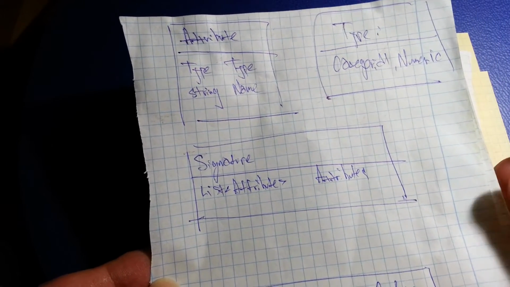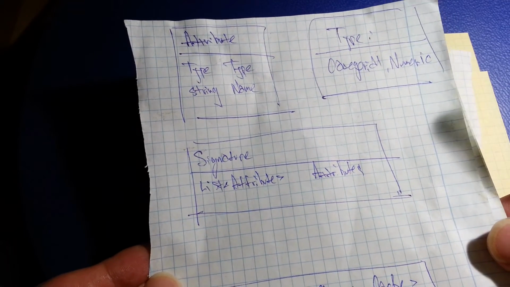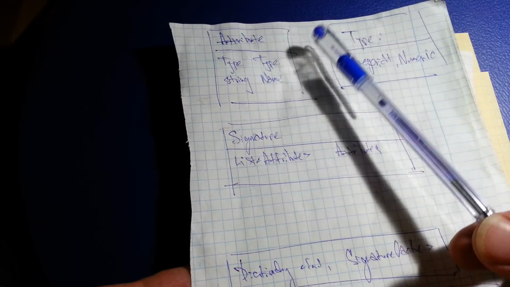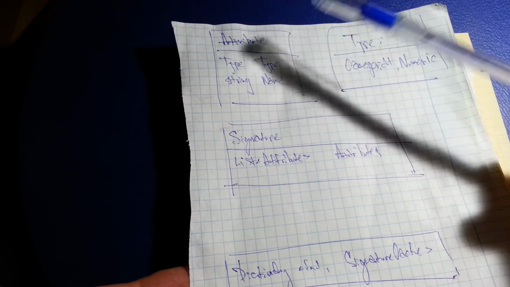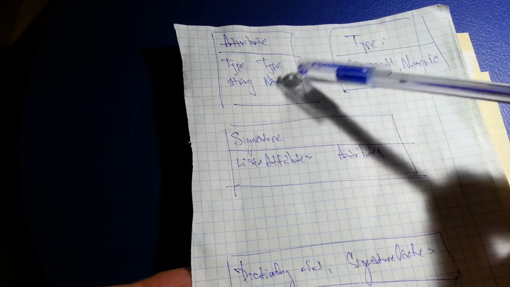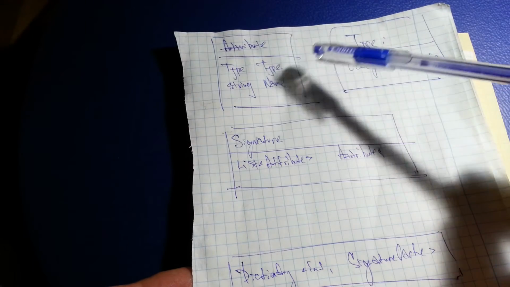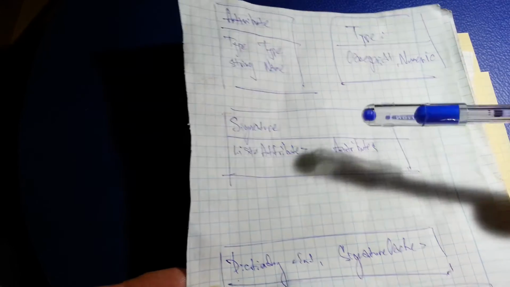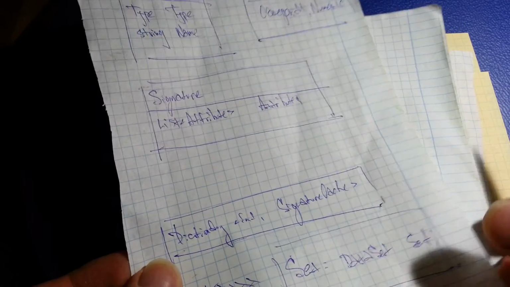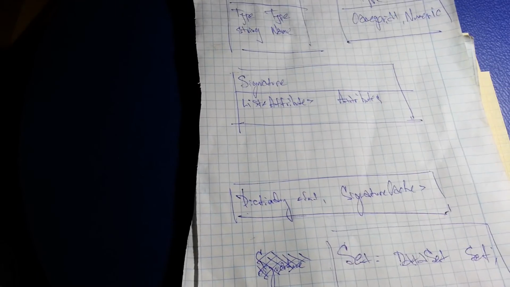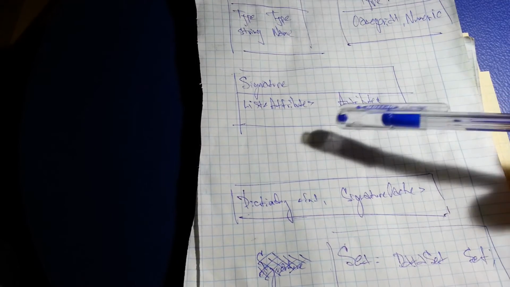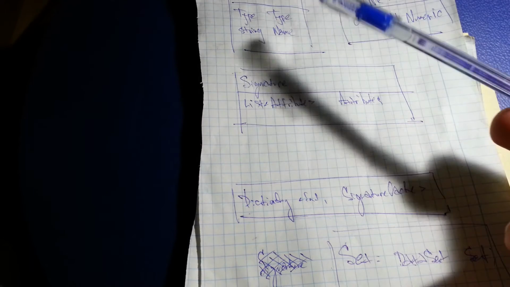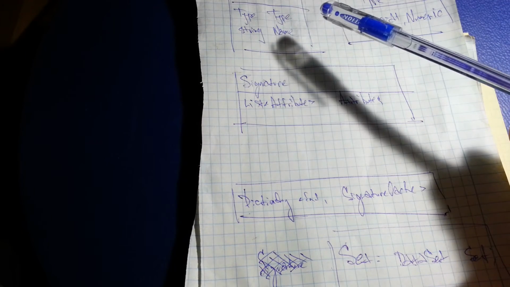Attribute type. This is probably something interesting. So here we have some sort of class diagrams. The attribute will be described by its type and name. The signature would be basically a list of attributes, and the name can be perfectly equal to